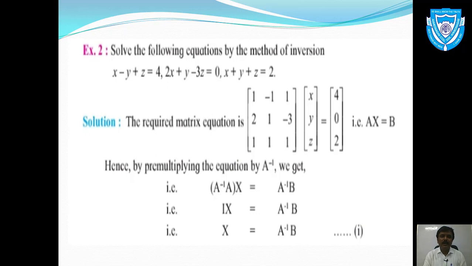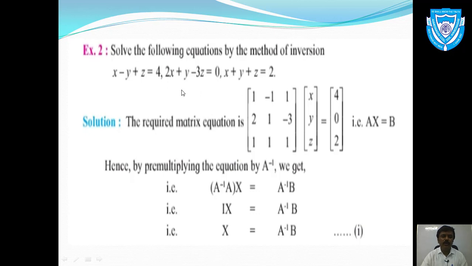Like before, we'll convert the system of linear equations. These three equations with three variables together are called a system of linear equations. So we'll convert this system of linear equations into matrix form, that is AX equals B form. Here you can observe that we have just converted the given equations into matrix form. Now what are the coefficients of x, y, z in the first equation? 1, -1 and 1. You can observe that we have written 1, -1, 1 as the first row.